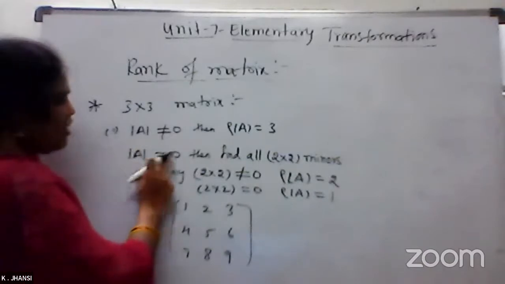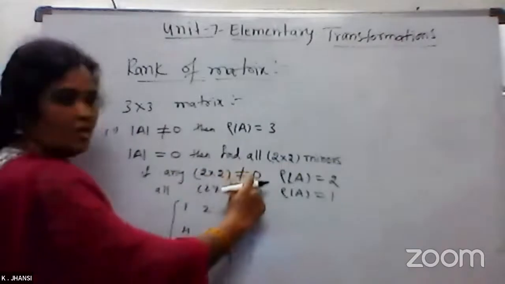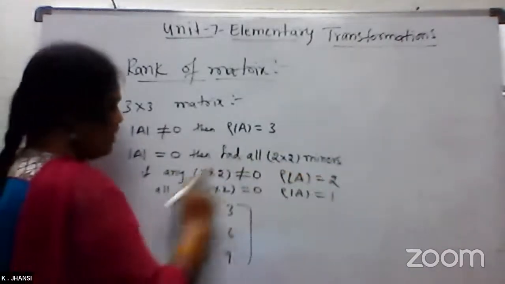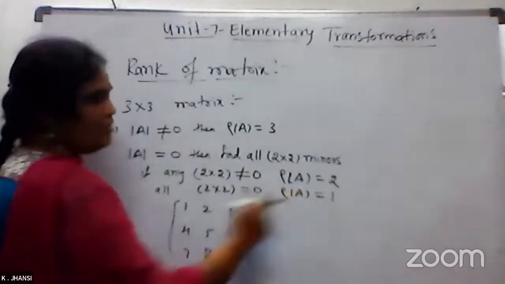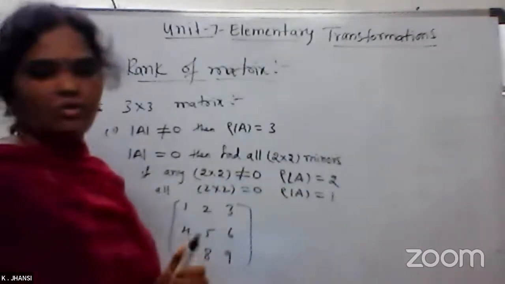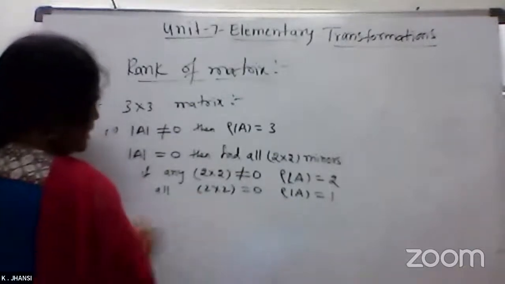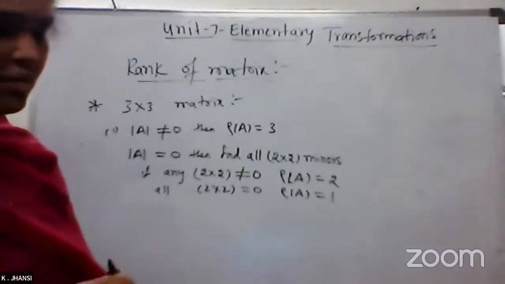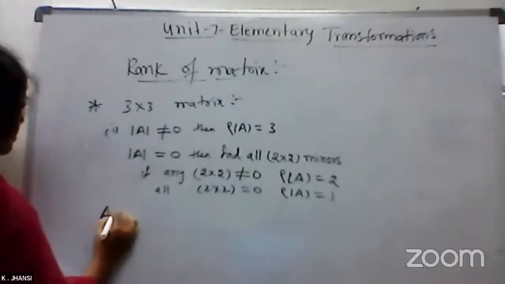First, determinant of A, if you are getting 0, and a 2 by 2 minor not equal to 0, the rank is 2. If all 2 by 2 minors are also equal to 0, then we will get the rank as 1. So this is the case for the 3 by 3 matrix. Similarly, one example you can take here. See, matrix A is equal to